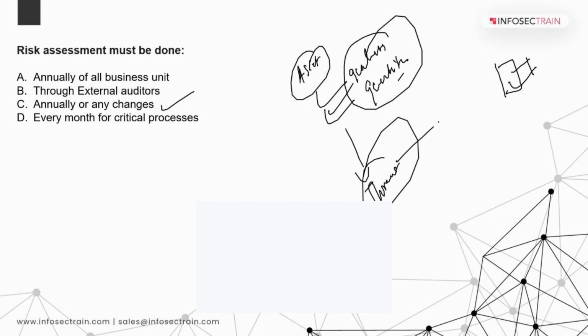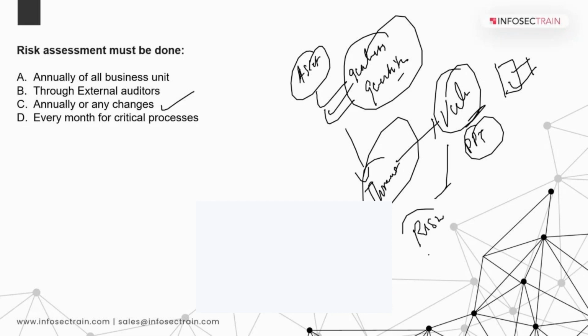When you identify the threat, then you have to do vulnerability gap. What is the gap? And when you are doing vulnerability, it's your everything, people, process, technology gap. Then you have to identify the risk. What is the risk? Okay, and here risk, you have to identify what is the